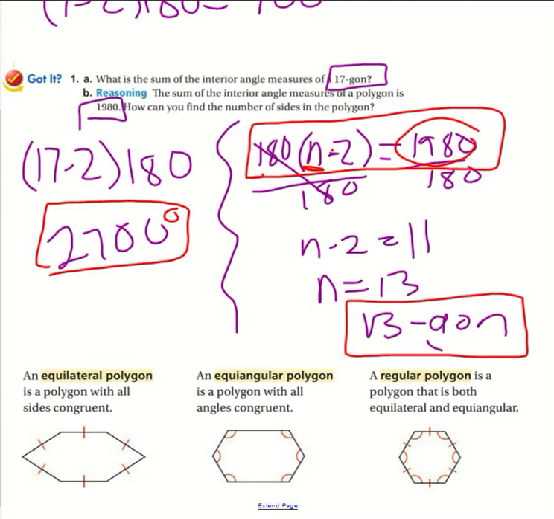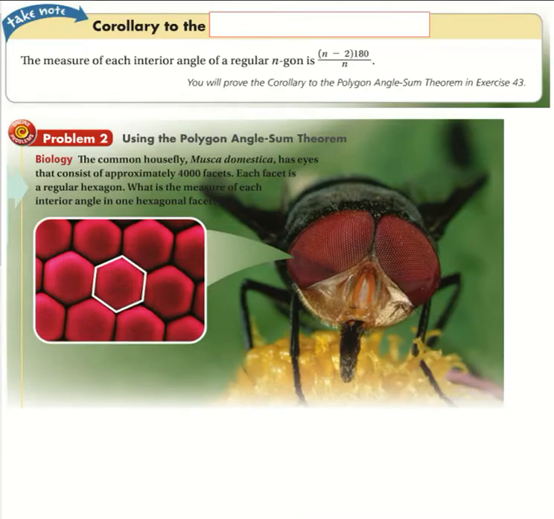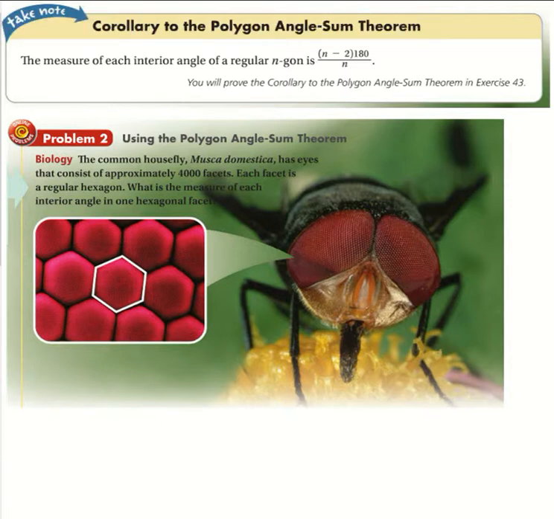And this is really important. Only regular polygons have those. So you can have a polygon that doesn't have all that. It's just irregular. So here's a corollary to the last theorem that we talked about, the corollary to the polygon angle sum theorem. What it says is the measure of each interior angle of a regular n-gon is n minus 2 times 180, divided by n. So if you look in this picture down below, it's a picture of a fly's eye. And what it's saying is that each one of these angles is going to be,